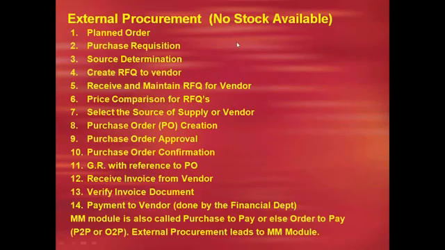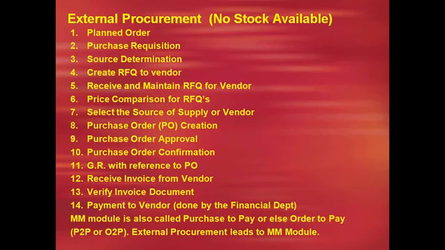So no stock available. What is the meaning of no stock available? I have the excellent business order in my hands given by the customer. To execute it, I don't have the stocks of the raw materials. That is called no stock available. So what happens here? The planning will take place and the order is called planned order.